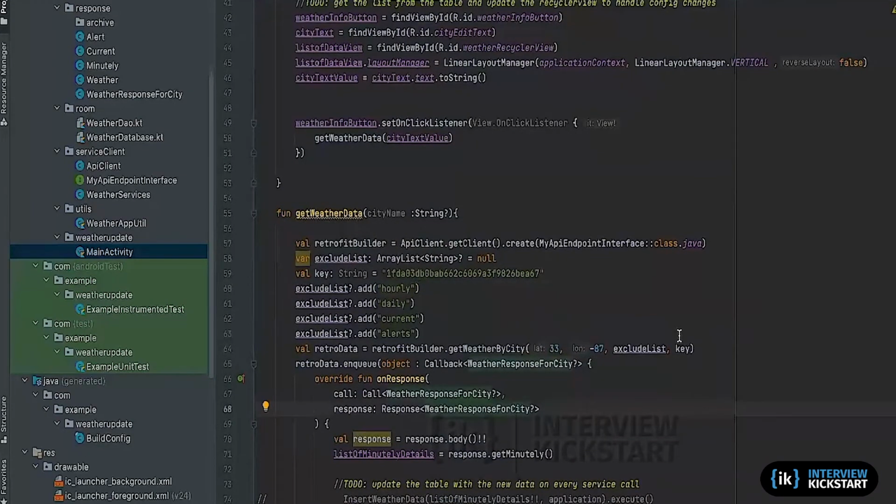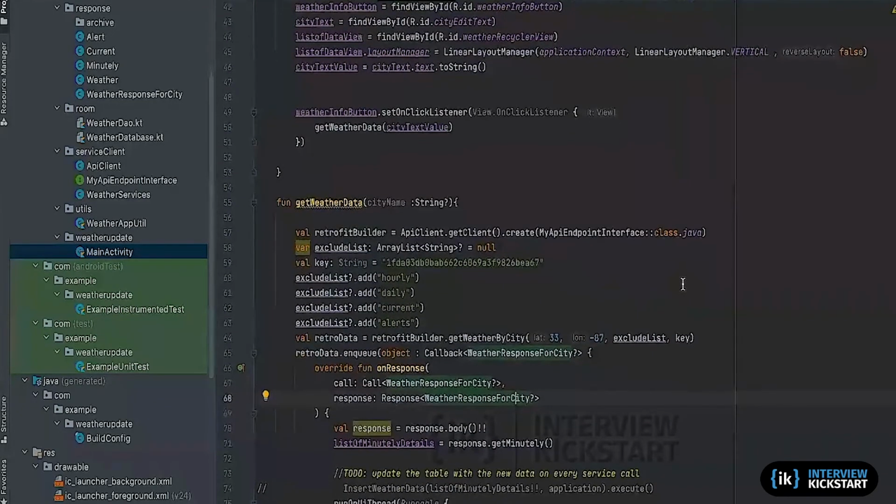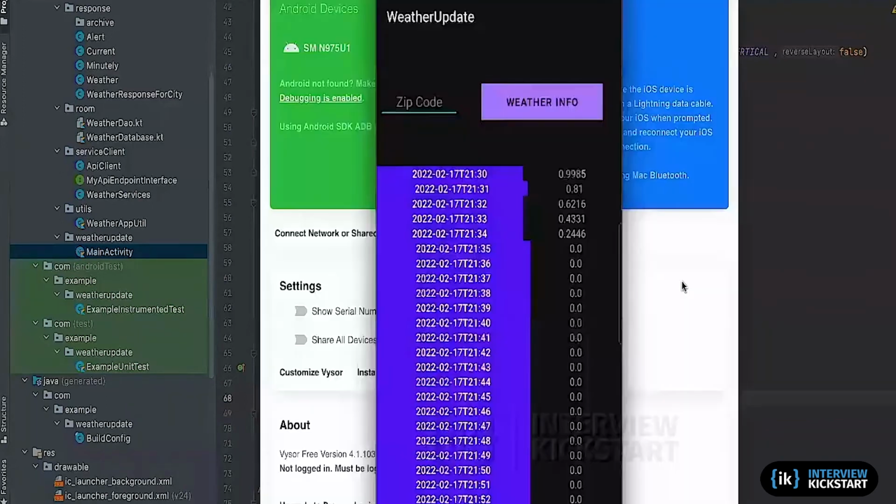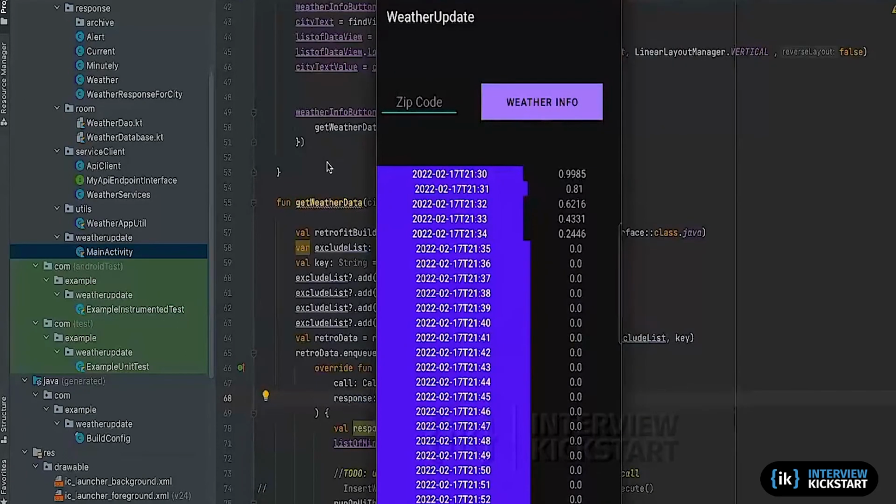Cool. And then do you have the detail view for the minutely weather? No, I don't have that yet. Basically, I just got the data and I was trying to get the configuration thing handled, but I just went in a loop there, meaning in the room database thing. I got stuck there and couldn't proceed further. Cool. So we don't get stuck in room configuration land,